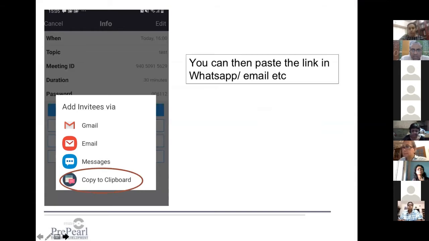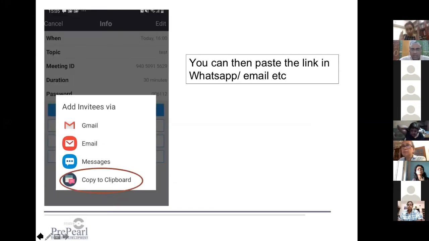And then if you want, you can go to WhatsApp, or however you would be sharing it, right click and paste it into your WhatsApp screen. Then all of the details, with the link, the password, etc., will come in on the screen, and you can just send it out to people. Okay. This is if you are using the